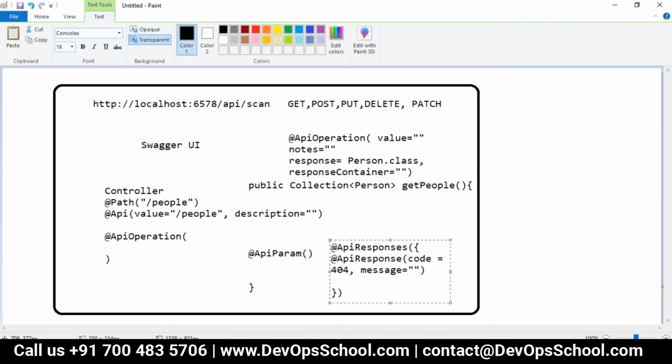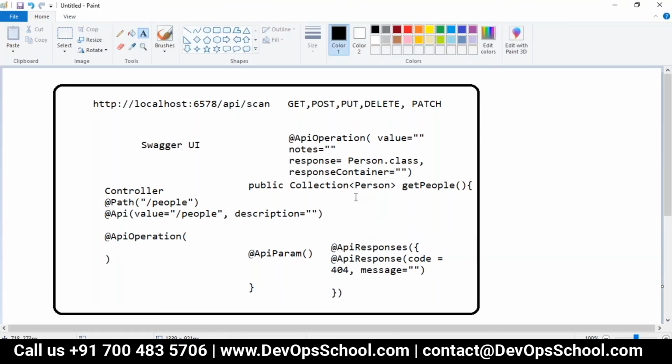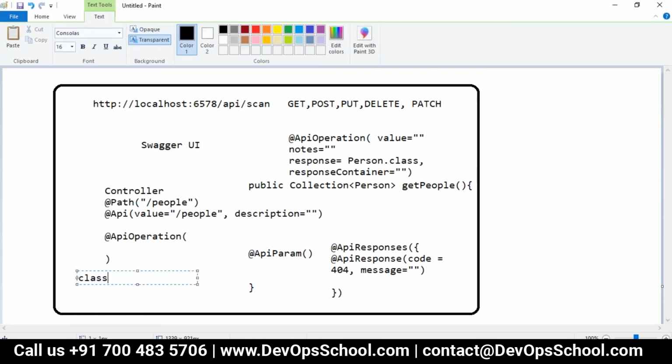And for the REST resource classes or the model classes, you can go with @ApiModelProperty. Like here, I just took an example of a person class. So in this person class, how will we write it? Person is a model class, so we will write class Person. We'll use @ApiModel here, and what is the value and description.